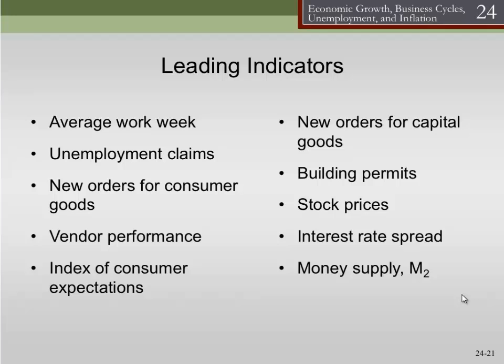How can we predict it? We've put together some what we call leading indicators, which we think might have some explanatory power or predictive power of the business cycle. Some of these are smart, some of them aren't. Average work week: as the business cycle improves, businesses need to produce more stuff, and so they have their employees work more hours. So this average work week or number of hours worked is sometimes an indicator.